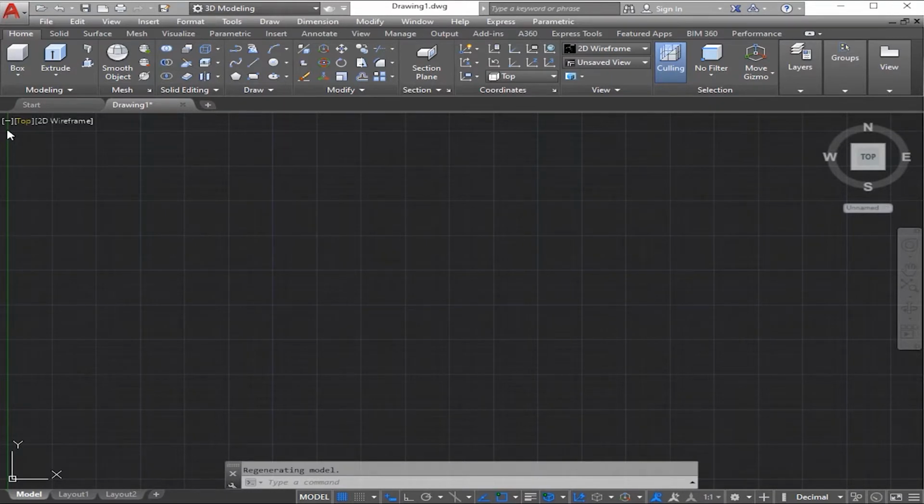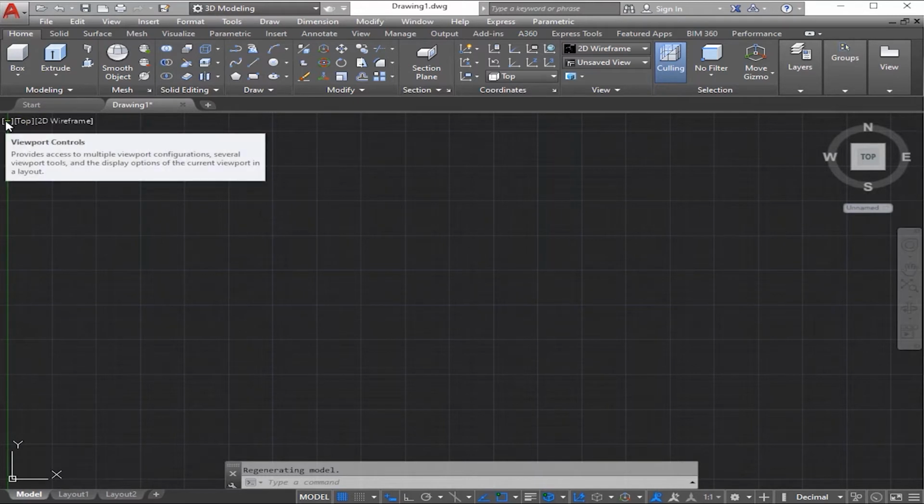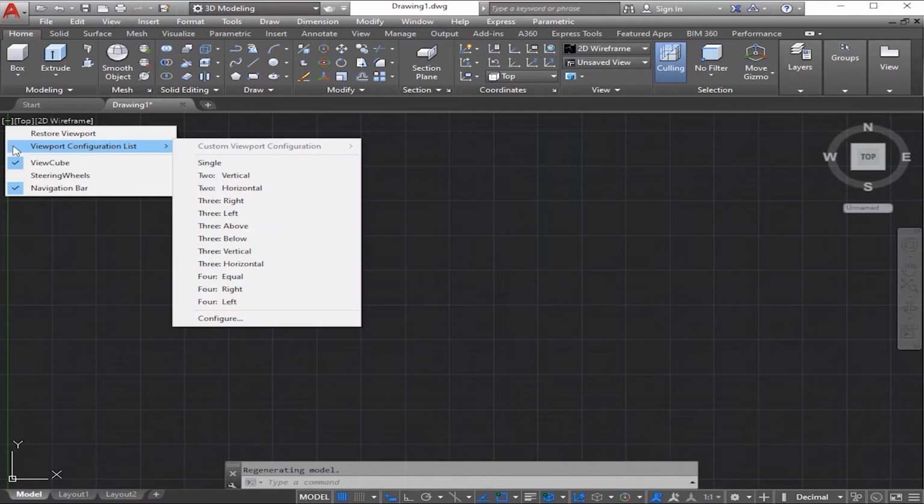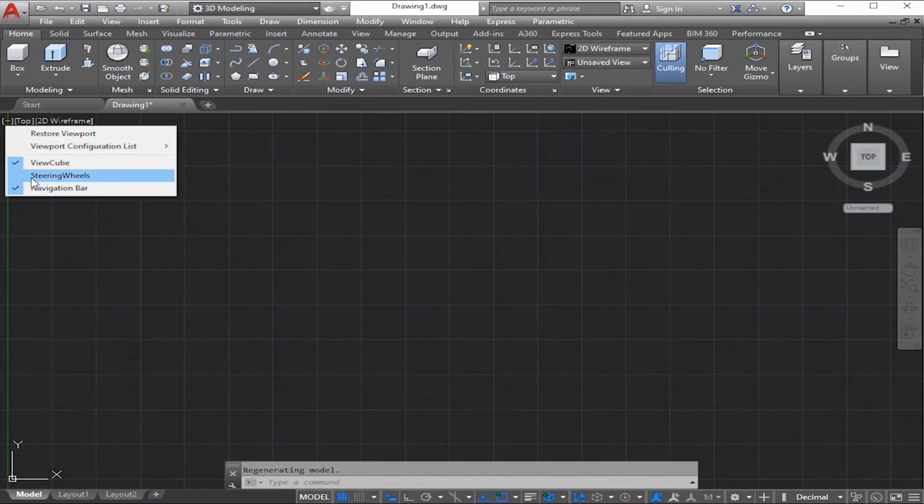As I mentioned earlier, you can find the viewport controls at the upper left corner of the viewport. This one right over here is the viewport control. You will find a plus mark or a dash mark in there. Click there to display options for maximizing the viewport, configuring the viewport, or controlling the display of navigation tools in here.